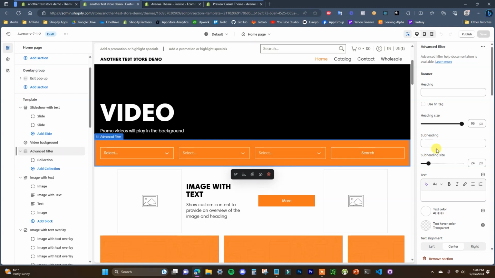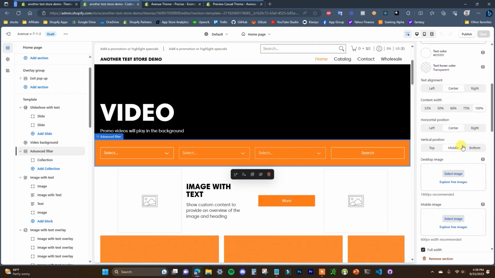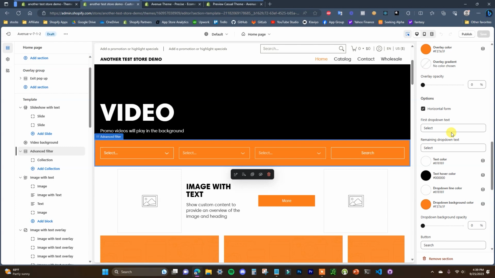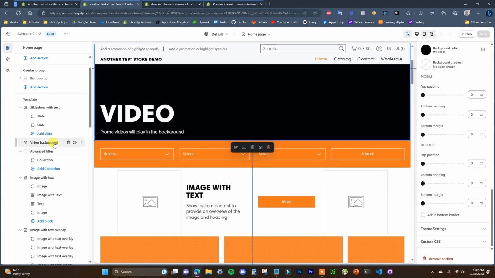very similar. So we can see here that we have this banner section, which lets us customize the heading, whether or not we want to use an H1 tag, which is going to have SEO implications. We can edit our font size, text color, etc., the alignment, all of this stuff. We have other different color options down here. We can also choose whether or not we want to lazy load images, which is going to help with SEO performance as well. And if I were to switch over to a different section in here, like the video